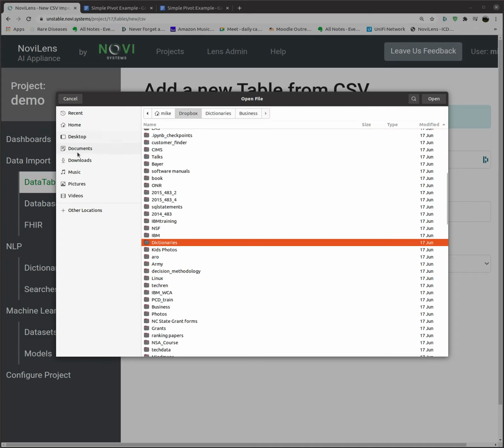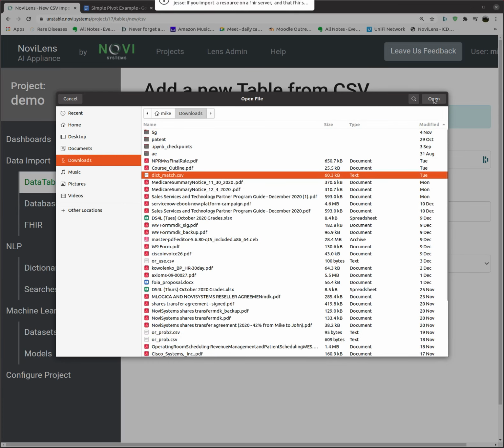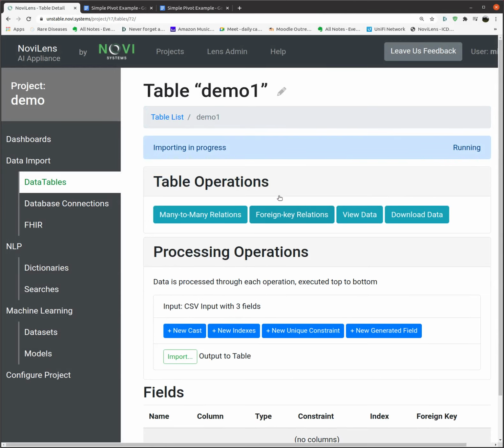Let's go to here, downloads, and bring in the CSV and import. And you can see the importing is in progress. Now, once the import's complete,